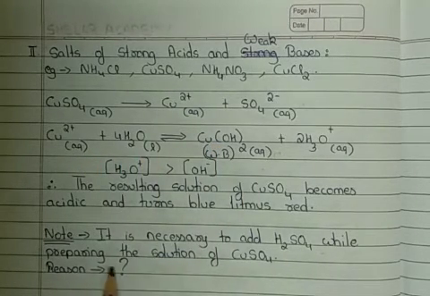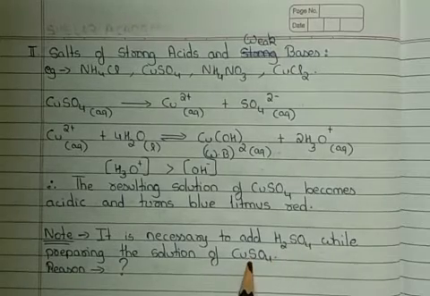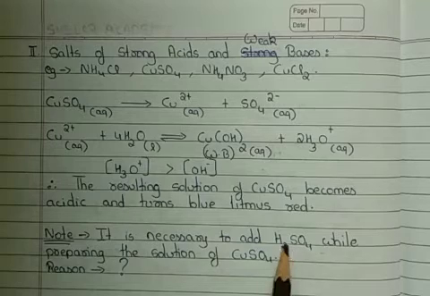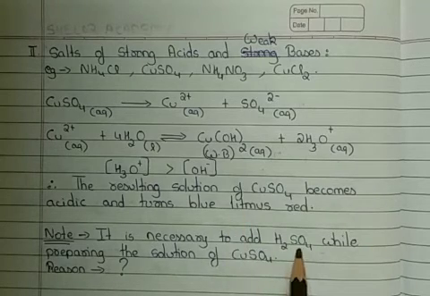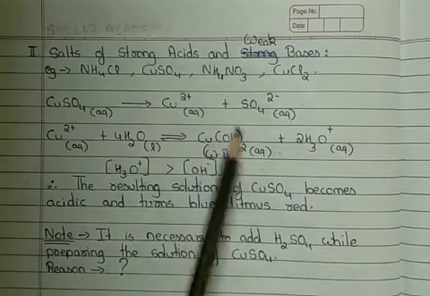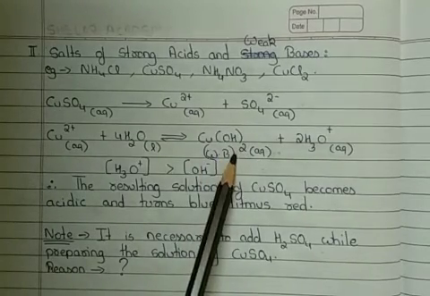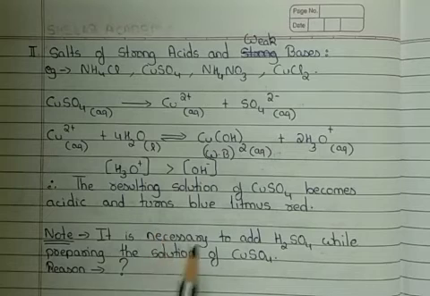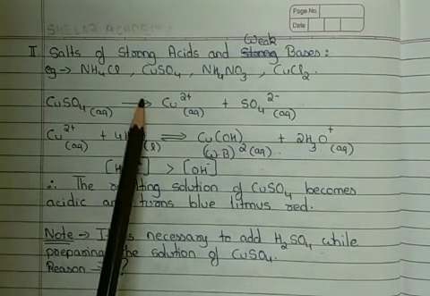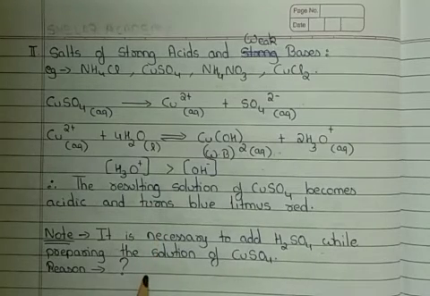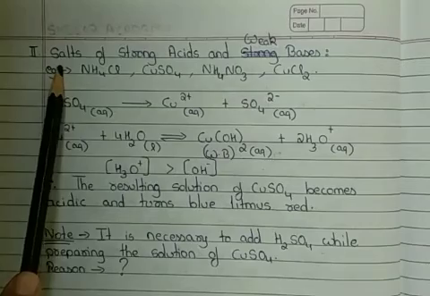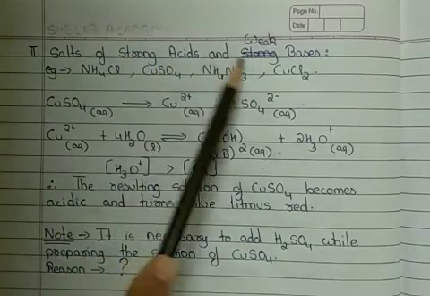So, the reason for adding sulfuric acid while preparing copper sulfate solution is to get a clear solution. How do we get a clear solution? Because the H2SO4 added shifts our equilibrium to left, means it dissolves the copper 2 hydroxide formed, resulting in the clear solution. Okay. So very important, if the question comes, then along with the reaction, you have to write down the explanation I just mentioned. So that is the second salt, hydrolysis of salt of strong acid and weak base.